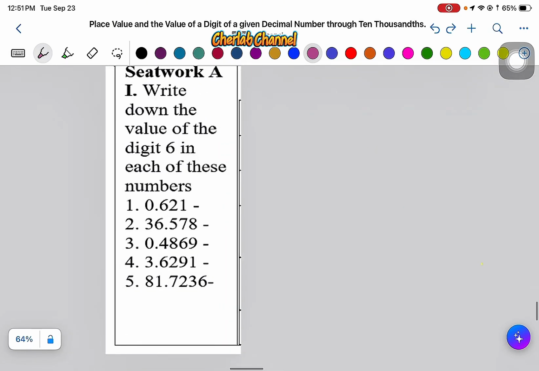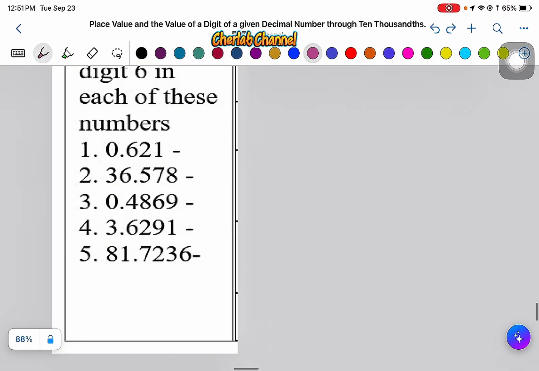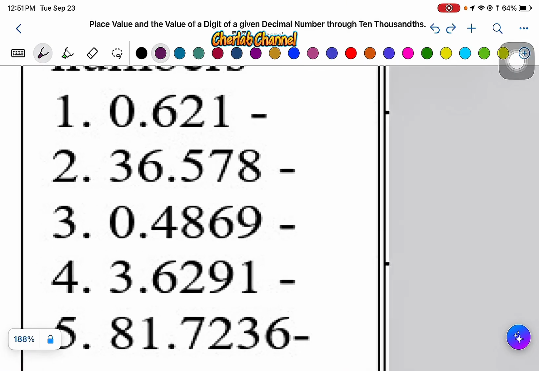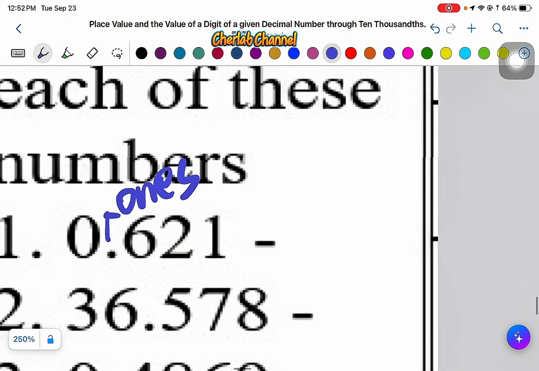Okay, here we have the Seatwork. Write down the value of the digit 6 in each of this. If we have number 1, 0.621, ano daw ang place value ni 6? So, always starts with the decimal point. Identify, nasaan ang decimal? Ito. Okay, saan tayo papunta? Hahanapin si 6. So, papunta dito. Okay, papunta sa kanan. So, which means the decimal point is ones. So, si 6 ay